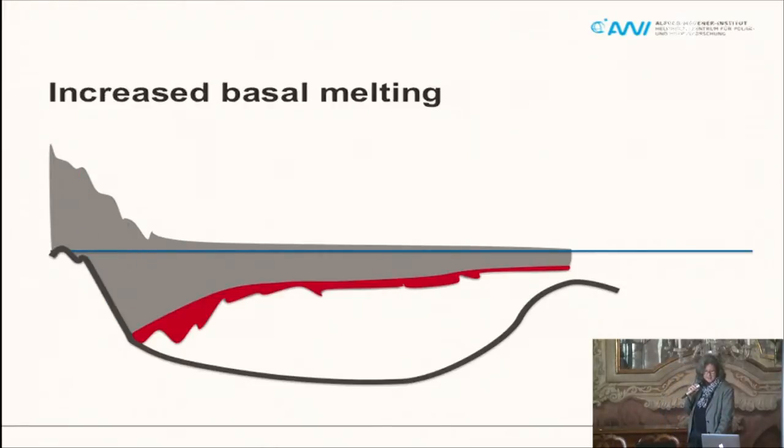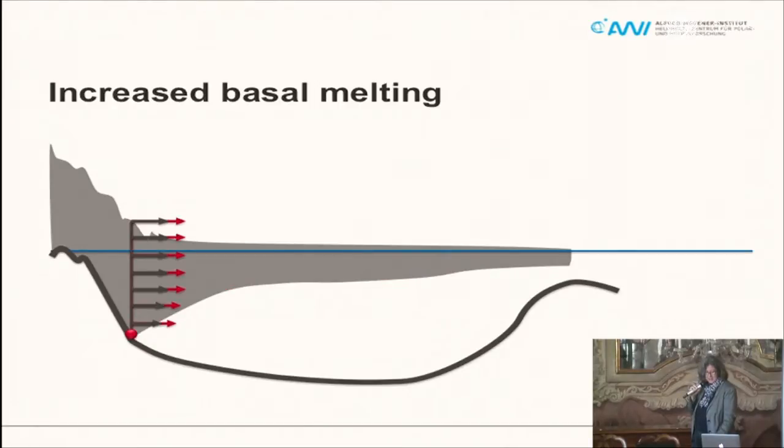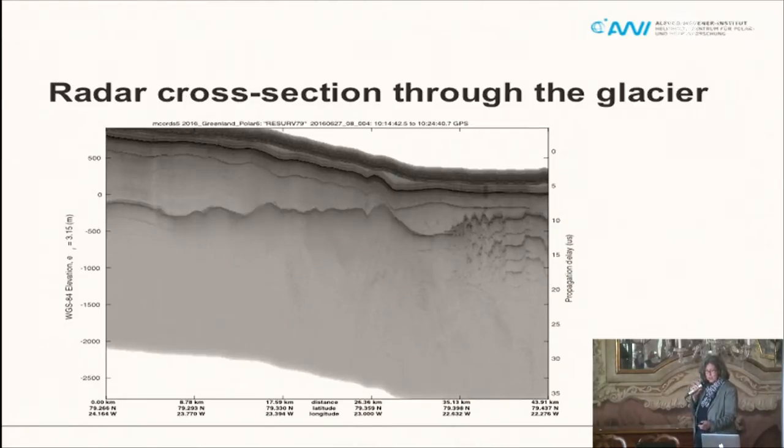And this is then this, together with the basal melt that I try to sketch here, the change that you are doing to the system. So what you would want to know is how much will an increasing basal melt change the velocity structure at that location, yeah? And for that you want to know the basal melt, of course, and you want to know how the geometry of the glacier in general looks like.